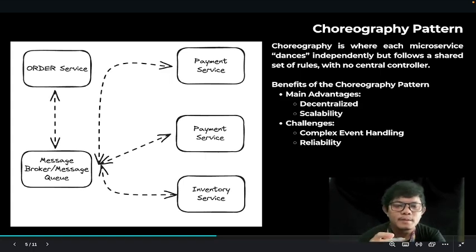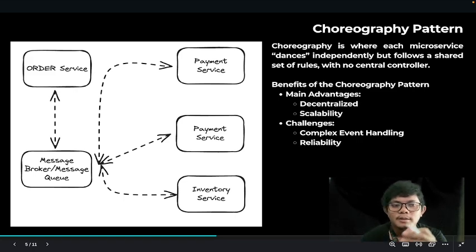For the case study, as you see on my screen, when the order is placed, the payment service completes the payment and sends a success event. When we talk about the choreography pattern, we use tools like a message broker or message queue, like Kafka or RabbitMQ.